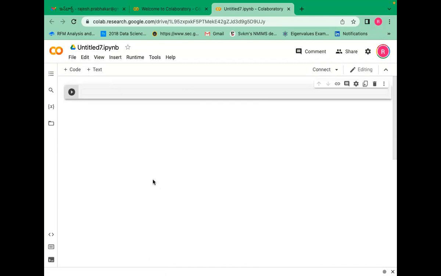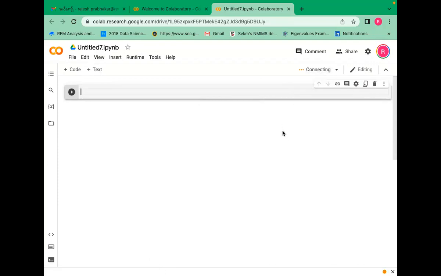Google Colab is cloud-based. It is not related to your system. It is based in the cloud. It is a cloud-based system. The minimum internet speed required is 20 Mbps. For running large-scale models, you need a minimum of 20 Mbps of speed. Now, you can see here, if you click on Connect,